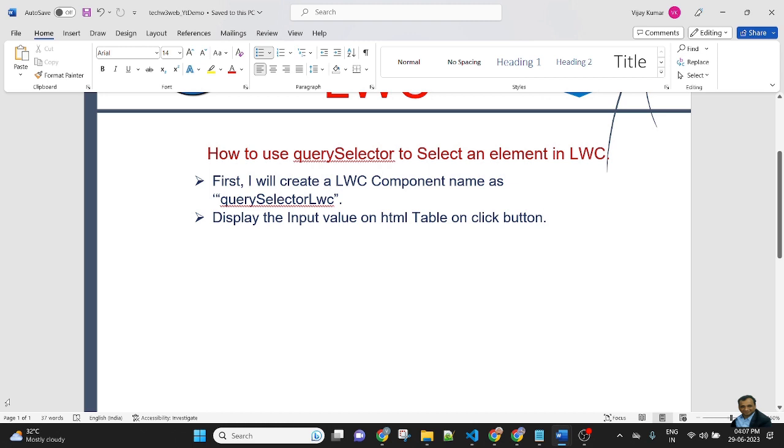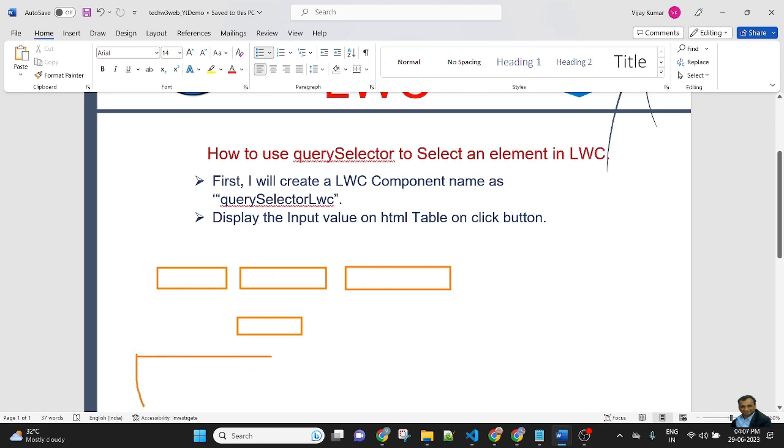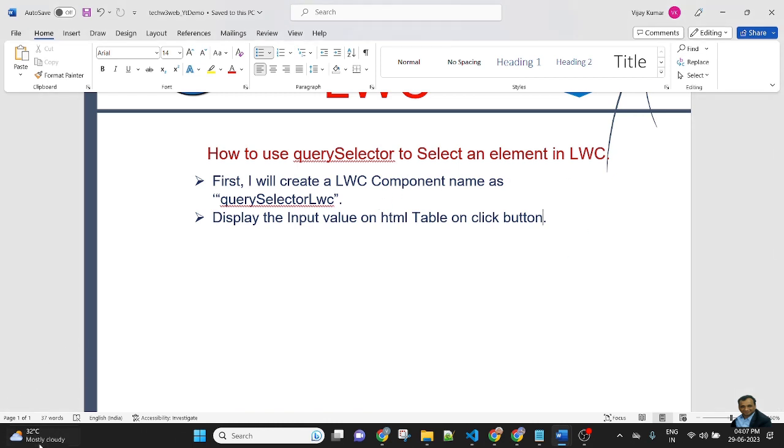For example, there are three input fields: name, city, and country, and there is a submit button. Once we click on the submit button, these values will be populated inside the HTML table. So let's jump into VS Code.